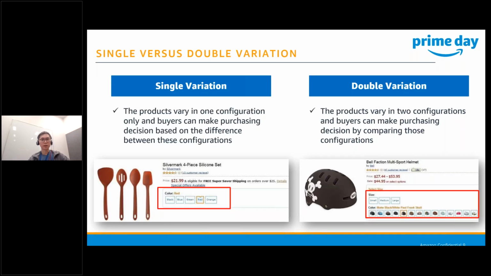To explain a little bit further, you can also create 2 types of variation. For example, what you see on the screen, for your product you may have different configurations such as color, and you can list under a single variation. On the other hand, like what you see on the screen right here, you could have different colors and sizes, and you can list them under what we call double variations. You can see the comparison between the left and the right example. So these are the differences between a single variation and double variations.